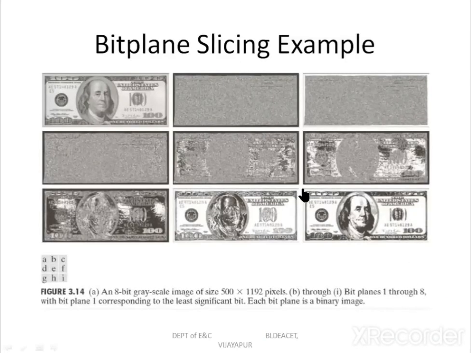Now if you observe this diagram, you can easily understand that bits 6 and 7, that is the MSB bit and the bit next to it, contribute significantly to the formation of the image. The idea is that instead of using all the 8 bits, suppose you use only the last 2 bits, bit number 6 and bit number 7, you are going to save 6 bits for each pixel. So it again leads to compression of the image.